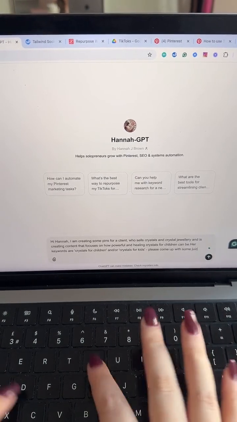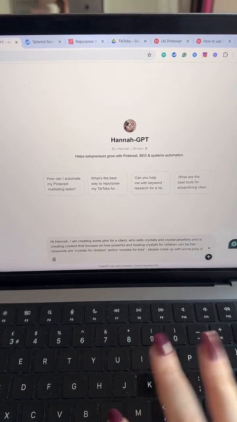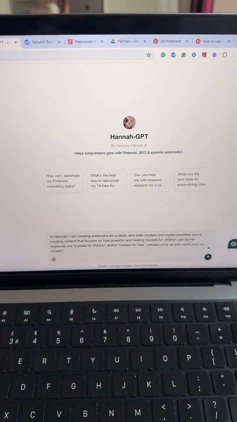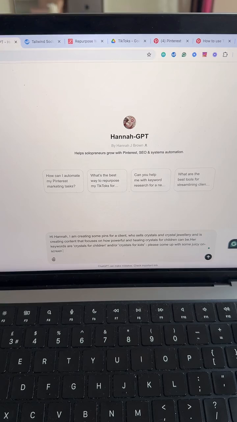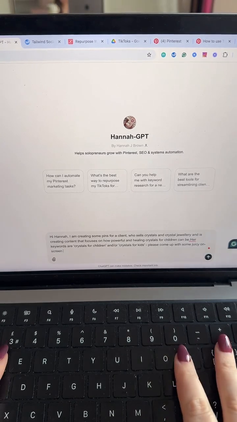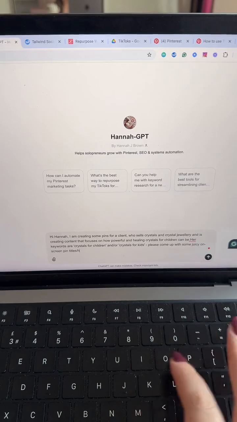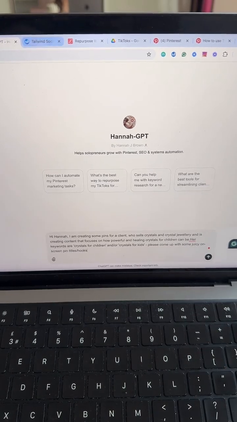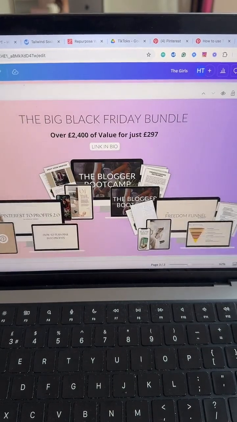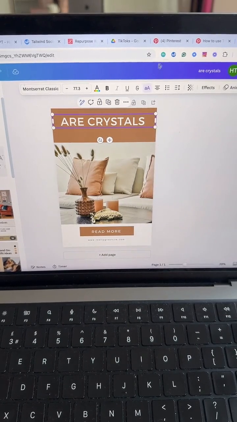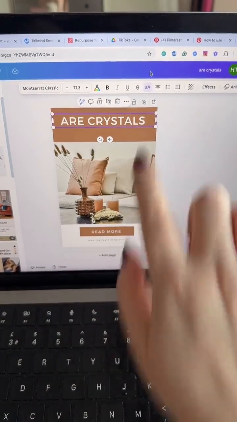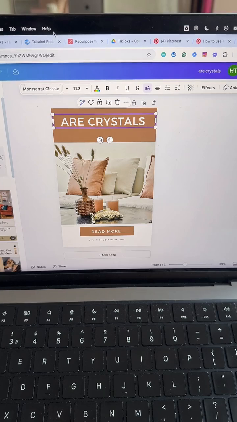with some juicy on screen pin titles / hooks. I'm going to say on screen because I don't want it to think I mean the pin title that you type into the pin title box, if that makes sense. I call these hooks. The titles are always like hooks. You want to hook someone in, so in the social media world it's called hooks anyway.